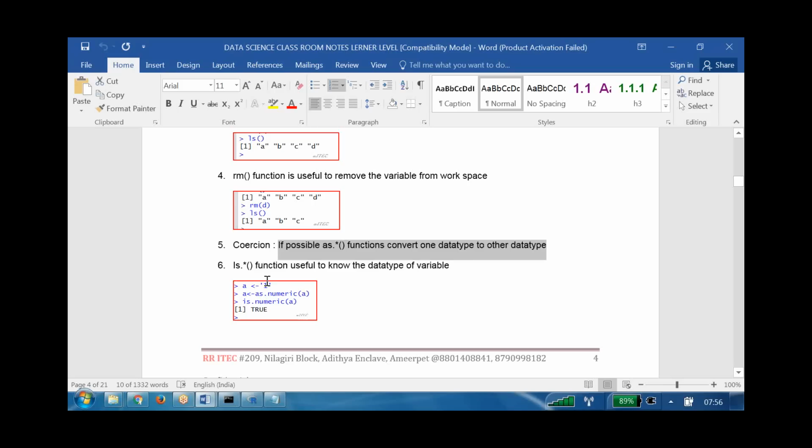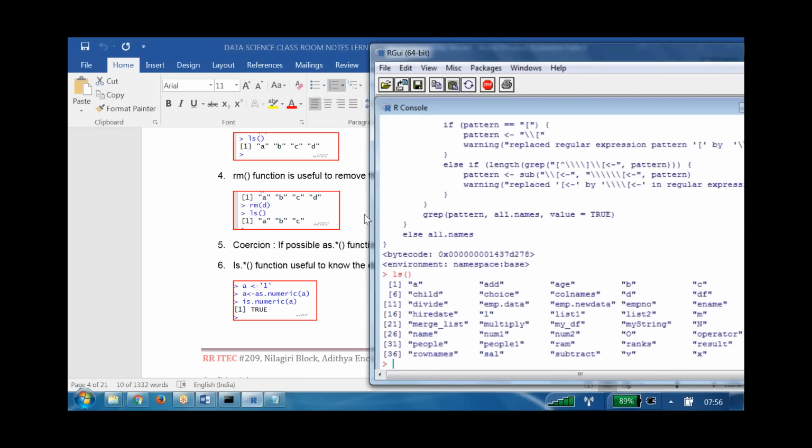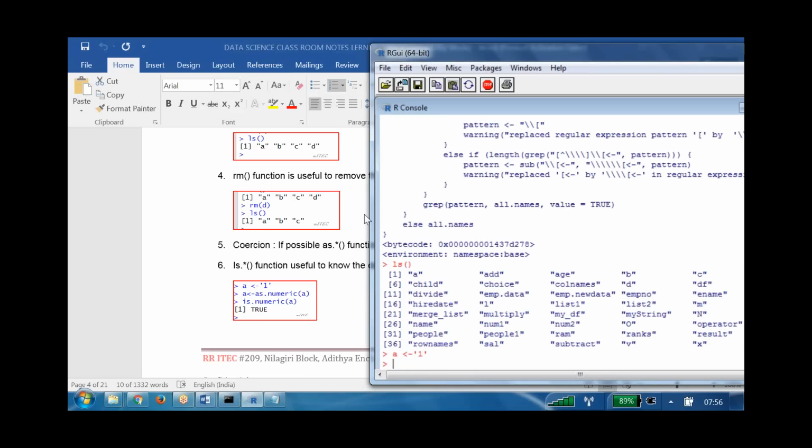Now I want to convert it to numeric. To convert that, a is equal to as dot numeric of a. We are trying to convert whatever value we have into numeric, and we are validating, is it numeric or not? It's true. Let us go and try that. Just type a is equal to 1, enter.